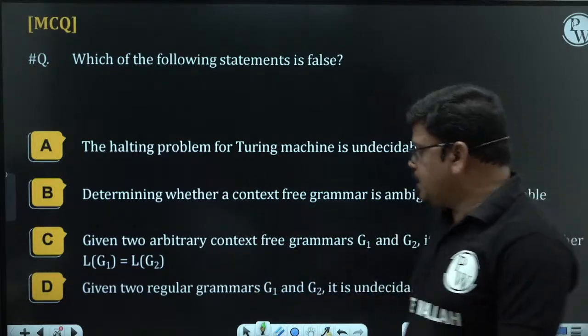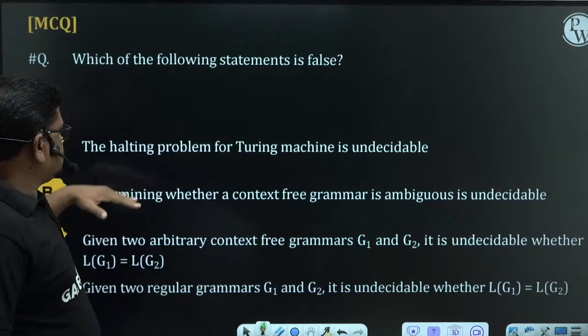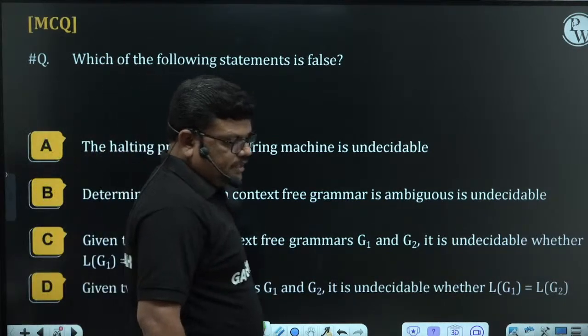Now let us see. Which of the following is false? Halting problem of a Turing machine: decidable or undecidable?